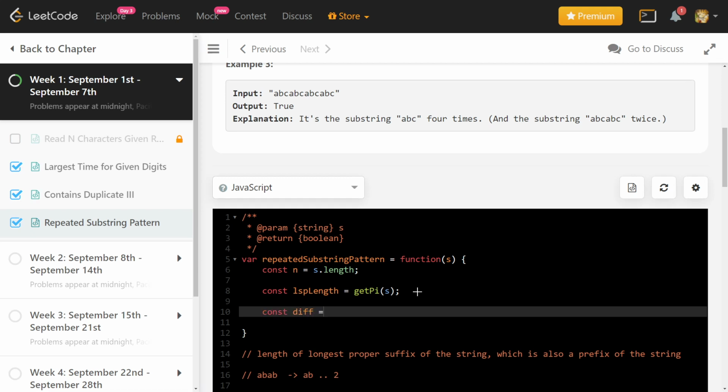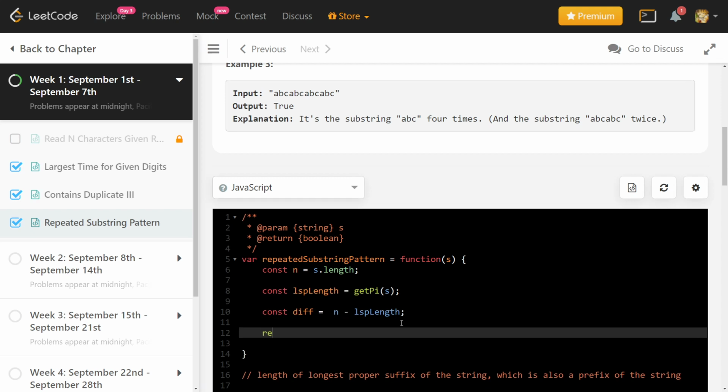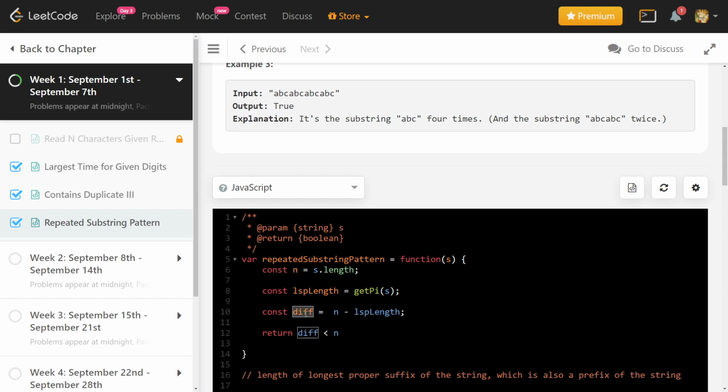Now we just need to do this thing. I will explain why. What is the diff between n and this LSP value? So this is diff, and we just need to return true if diff satisfies the conditions. Diff should be less than n, because if diff is equal to n, that means the LSP length is 0, which means we don't have any suffix.